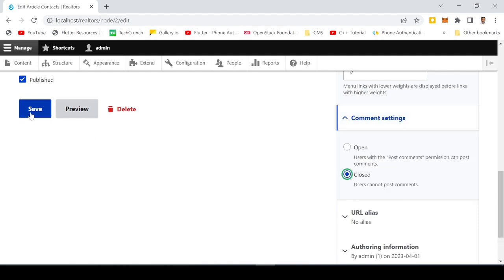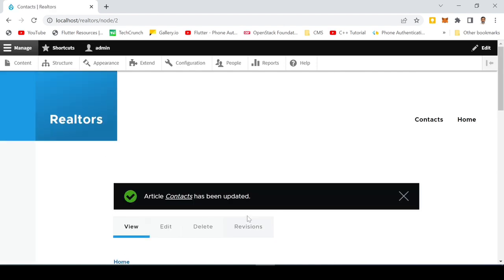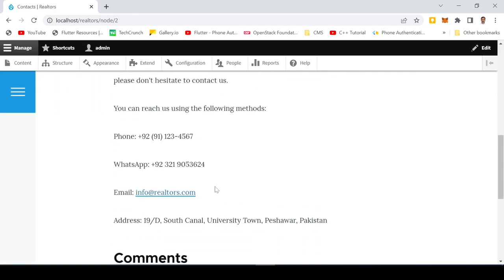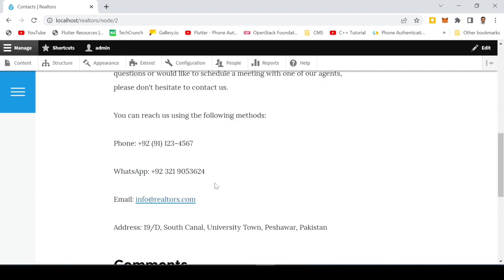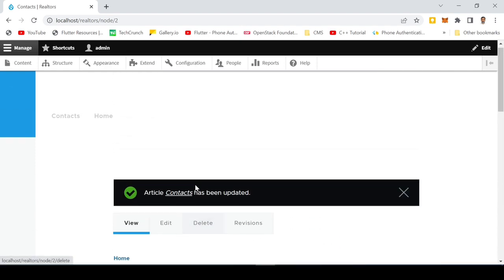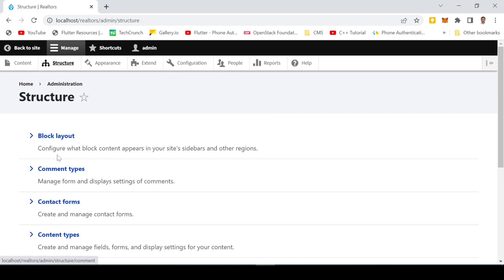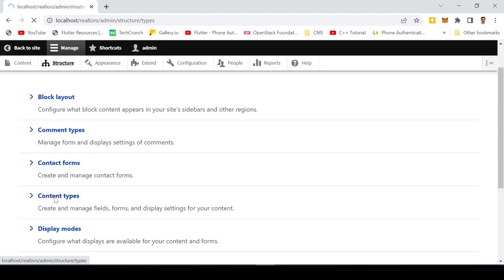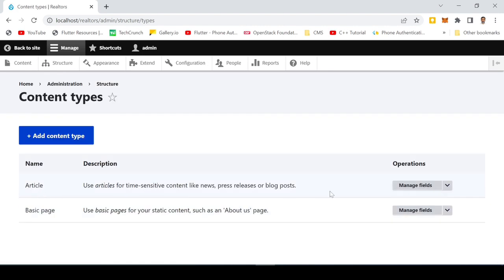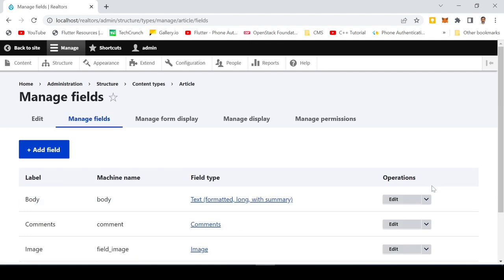This is one method, but if you want to delete or hide comments from all the articles, you can go to the structure, then the content types, and then article, and go to the manage fields. After going to the manage fields, select the manage display,